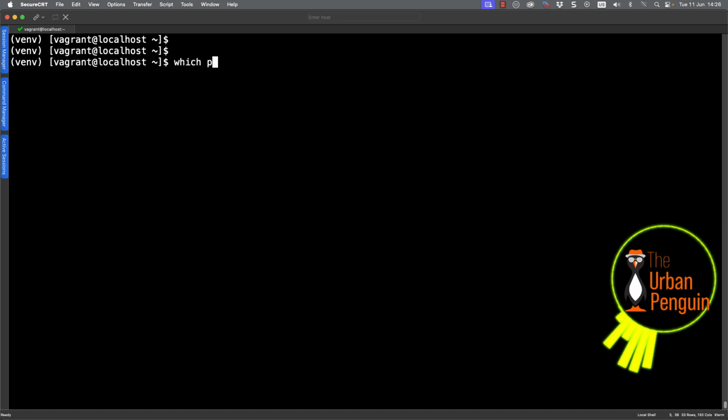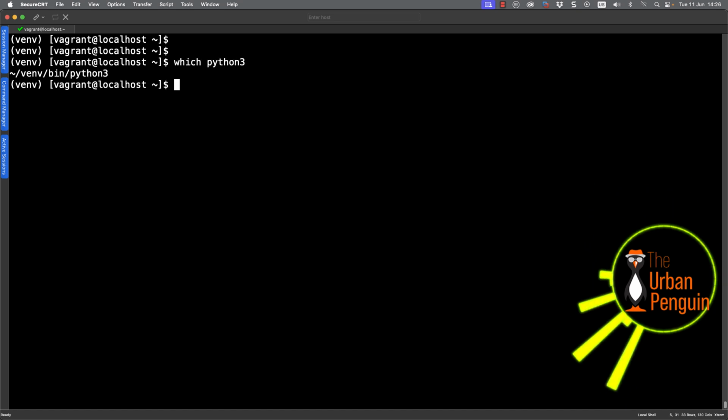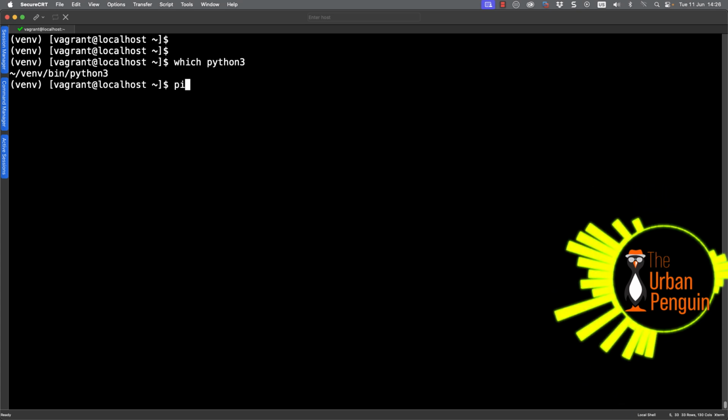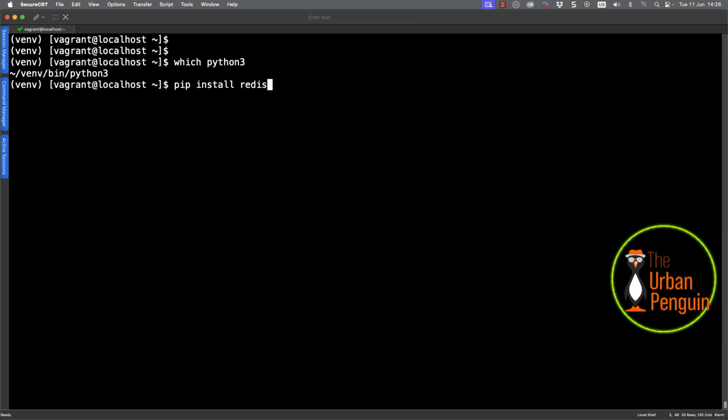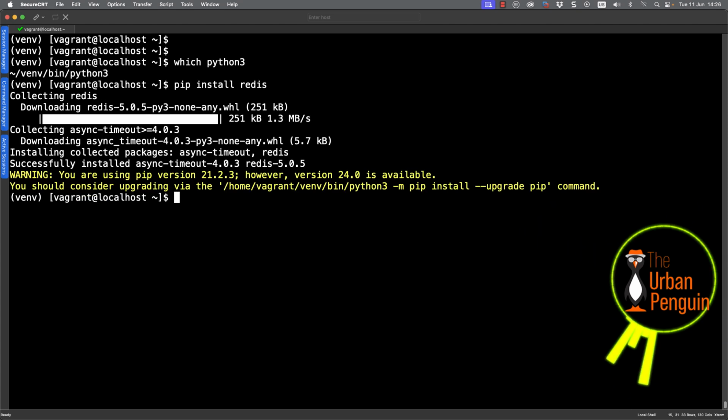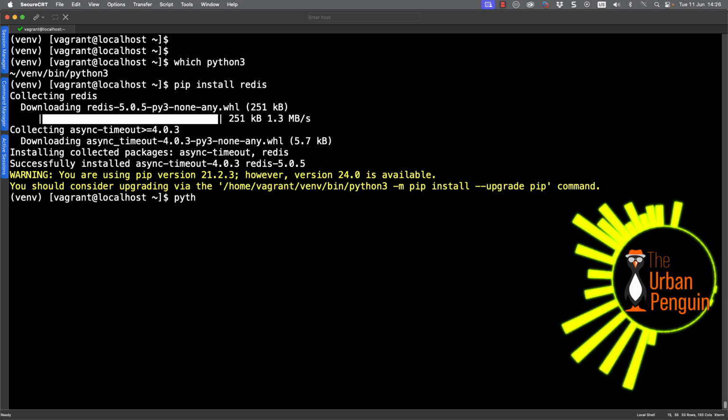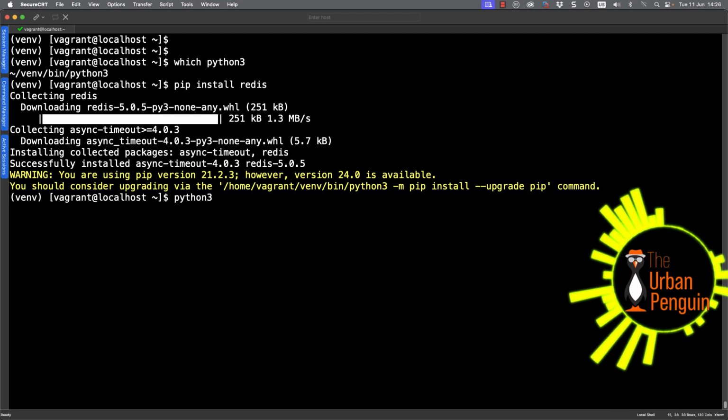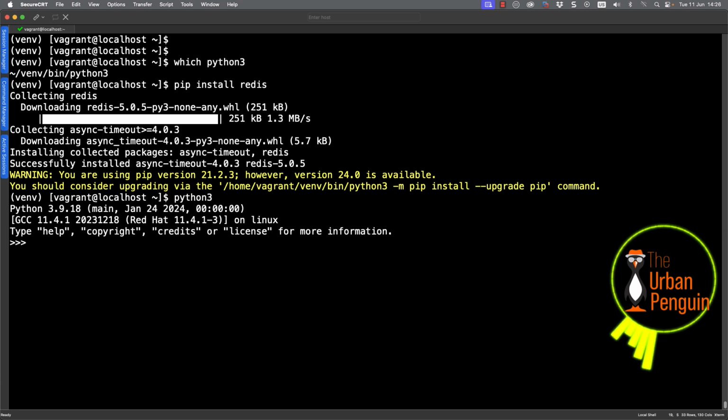And of course, now if I go through and check which Python interpreter I'm using, it will be in my home directory, venv bin, python3. So we're up and running as far as the virtual environment is concerned. So when I run pip, we're installing into my virtual environment, and we've installed redis. I don't need to worry about upgrading pip. It's only a short demonstration we are running. But if I now go through and open up my interactive Python shell, so just typing python3 by itself, you can see we're up and running with Python 3.9, and we can now go through and import the redis module that we just installed with pip.